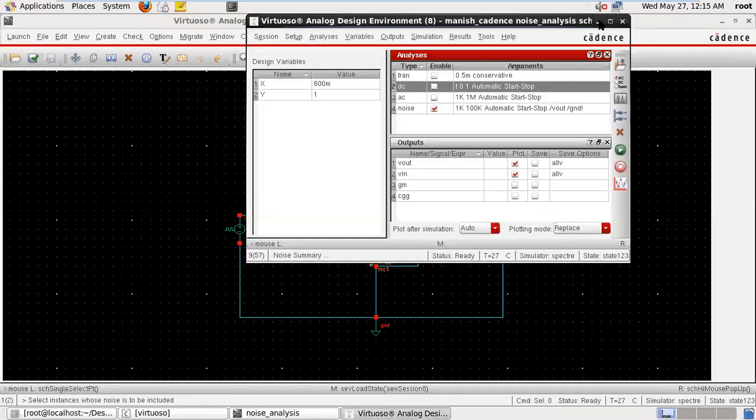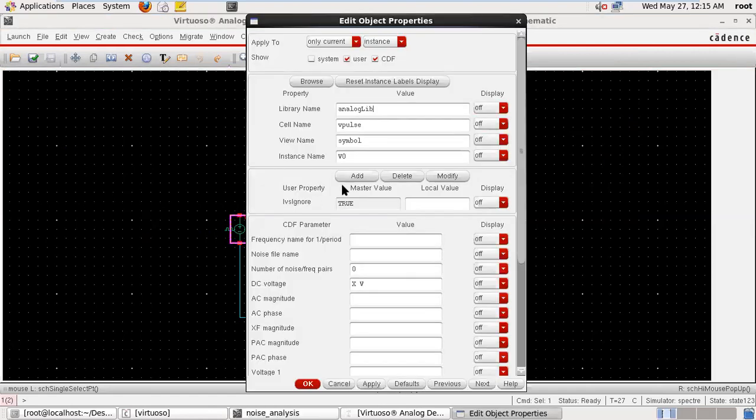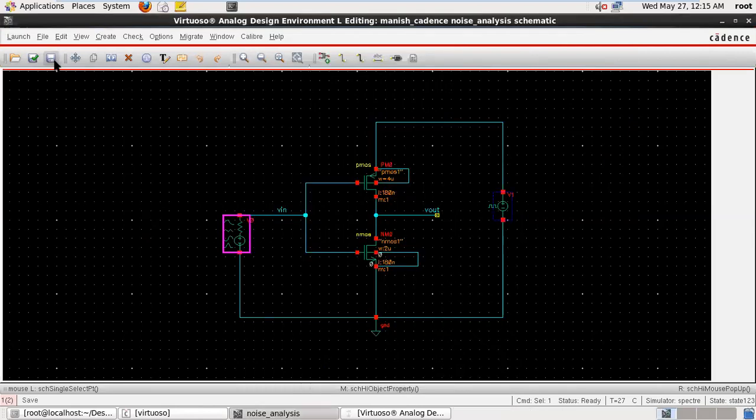So now we are selecting the input as a port. Take this as the port, cell name is port with 50 ohm input impedance for the DC, apply. Okay. So when you are taking the port as the input, okay.